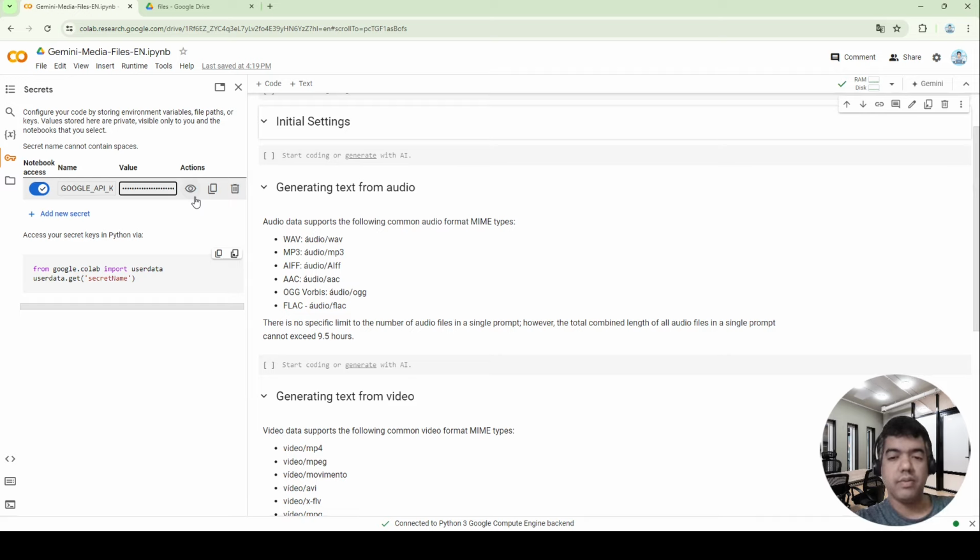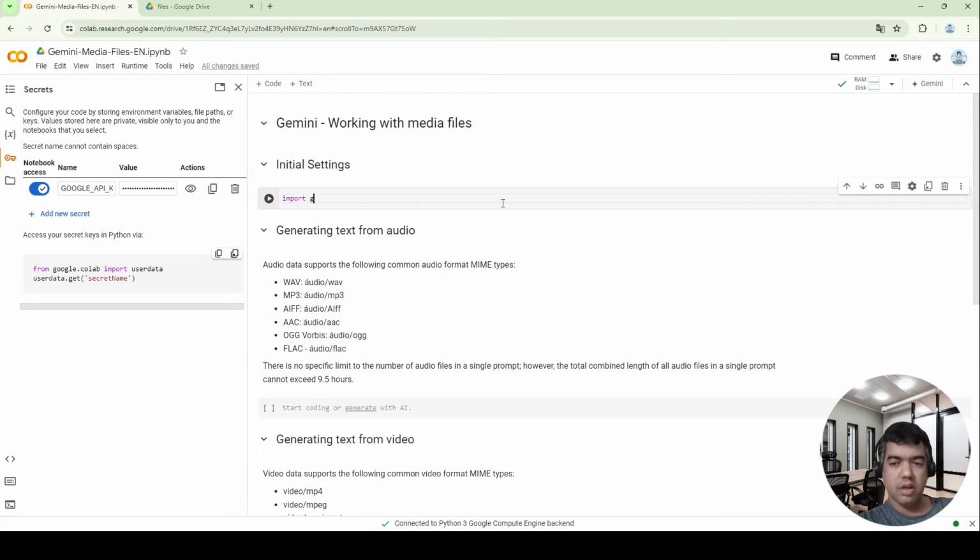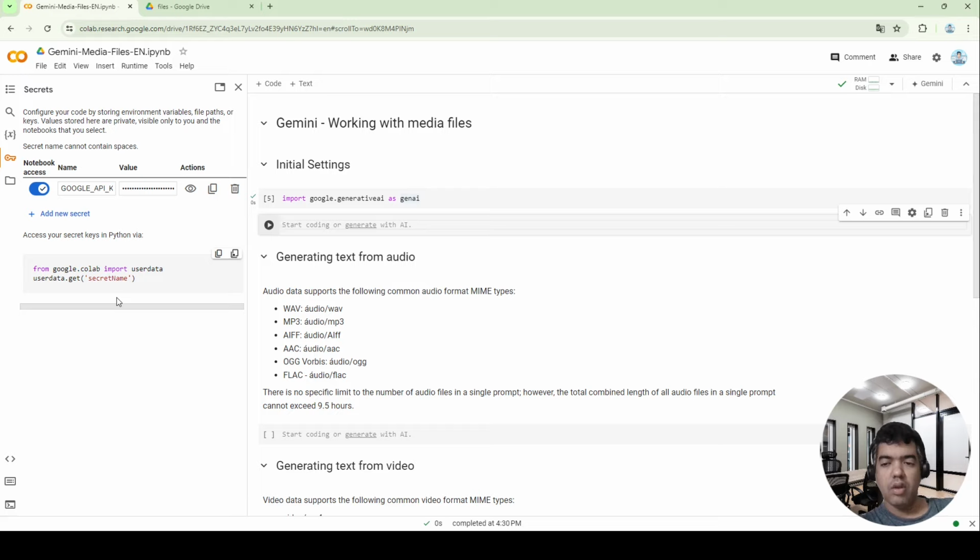To start our example, we need to import the Gemini library. Execute import google.generativeai as genai. The next step is to configure the library with our API key. Here you can see a code block on the left with an example to read a secret in Google Colab.